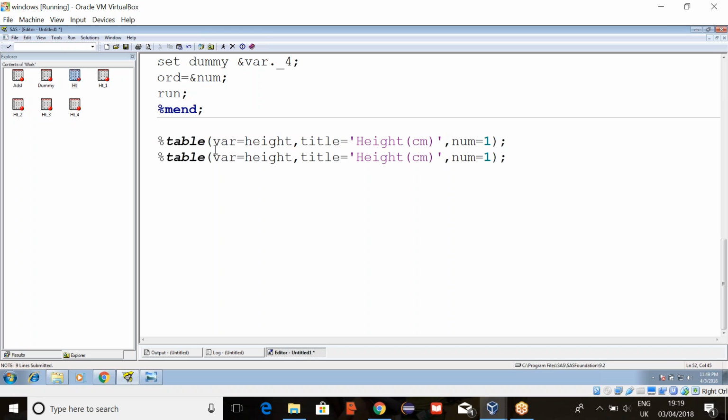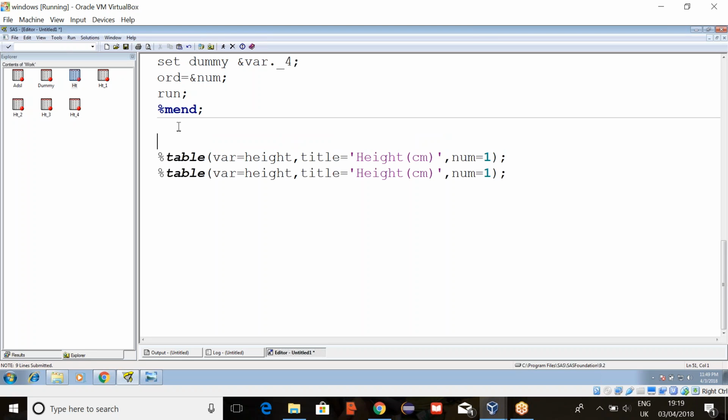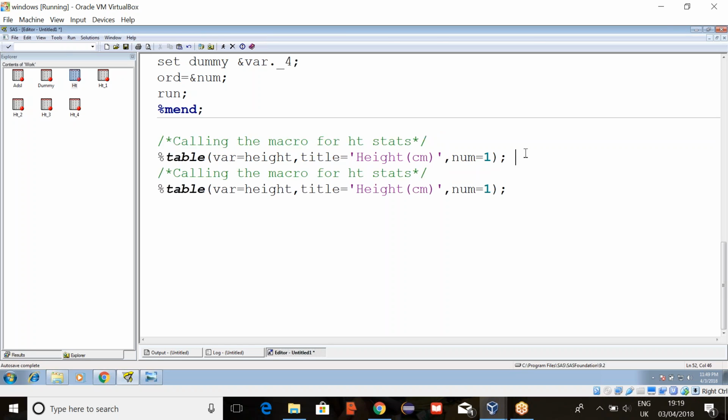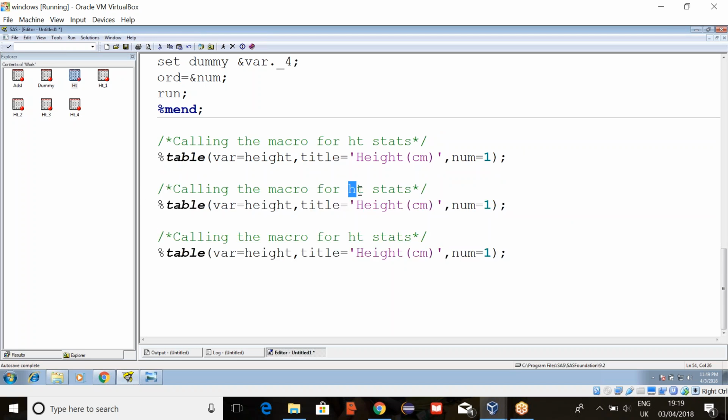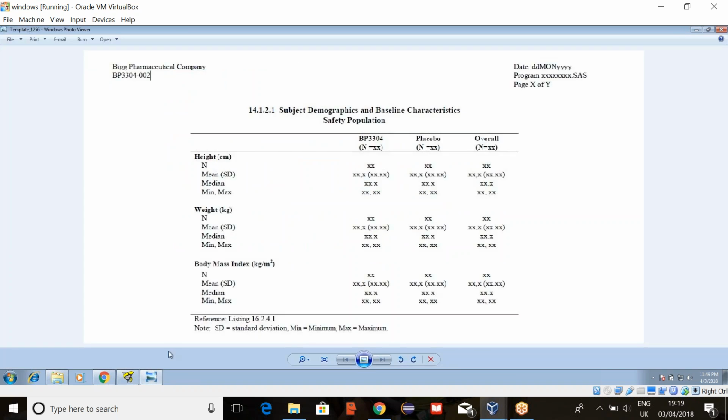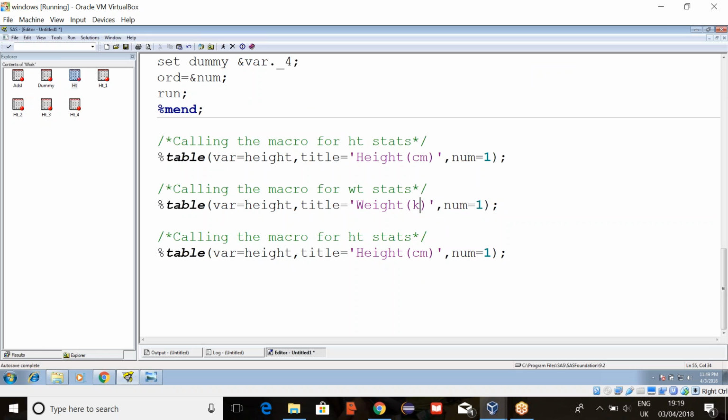Every time, if you make a habit of commenting, that is better. Calling the macro for height statistics. Weight. Next, calling the macro for weight statistics and then BMI. So next here it is weight in kgs and order equals 2.